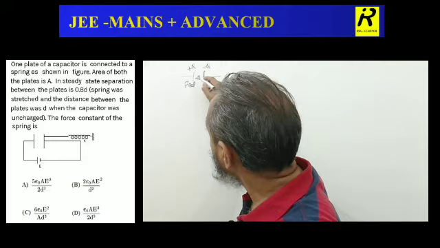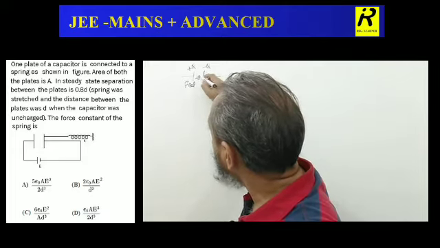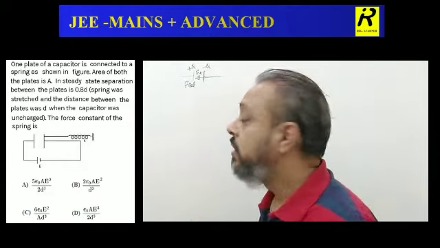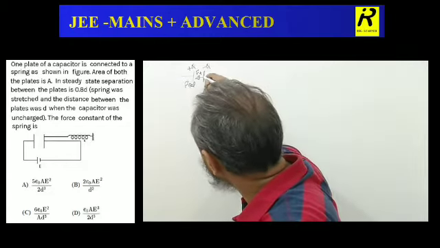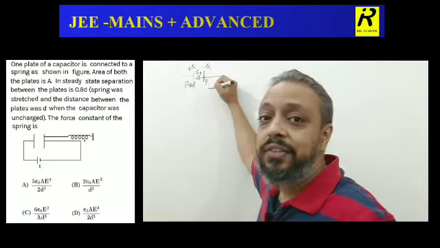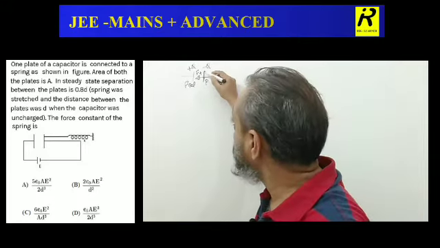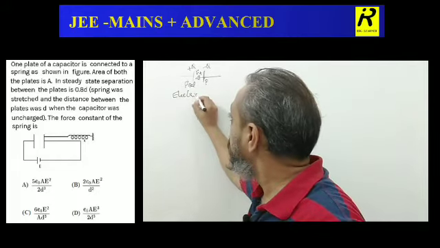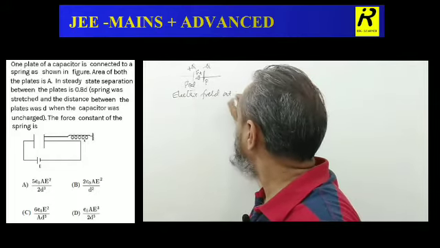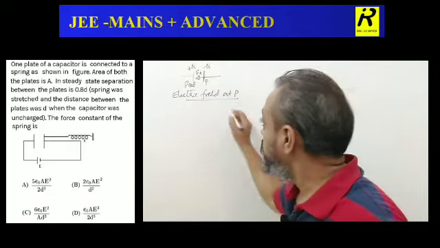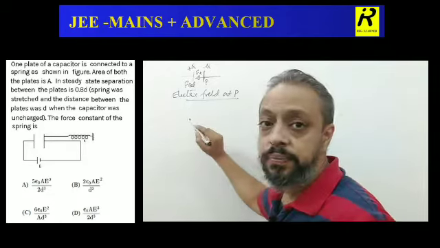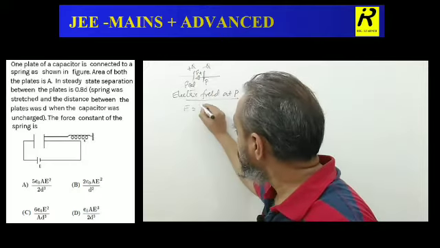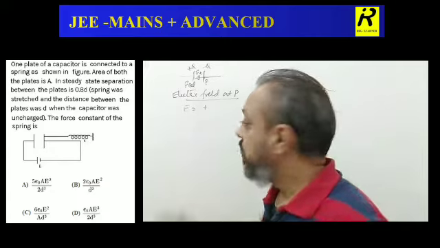The force existing between the two plates, I am calling F plus. How much is that F plus? That I have to find out. For that, I advise you to first find the electric field at the point P, which is on the negative plate. The electric field due to a thin sheet of charge, I call it EP.